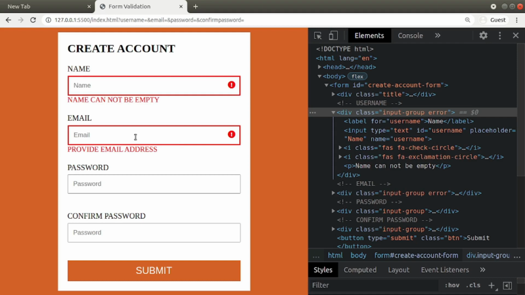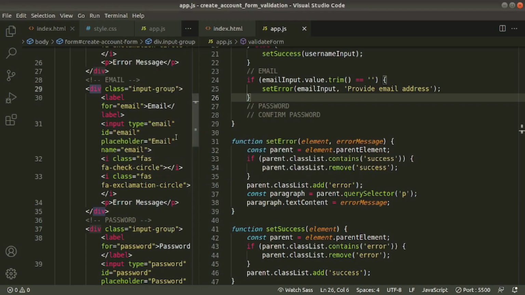Now we will add another validation, whether the given email is valid or not. Okay, go to the editor. Here we'll write else if. Here I'll call a method inside this if block, that is emailValid. This function returns true or false.